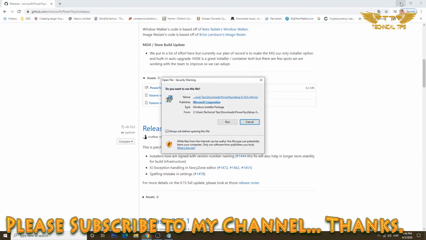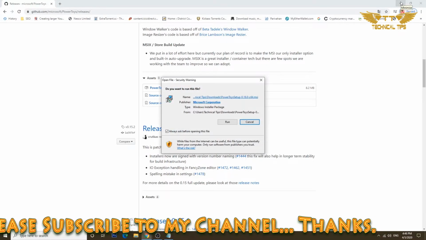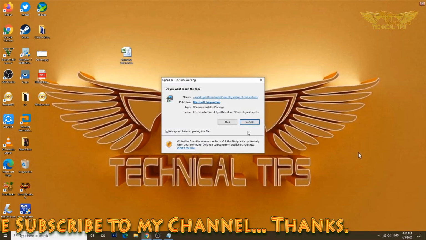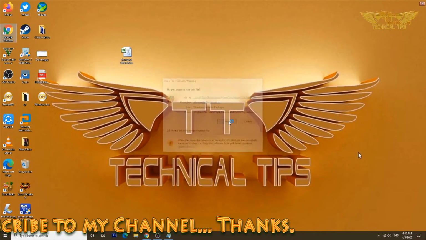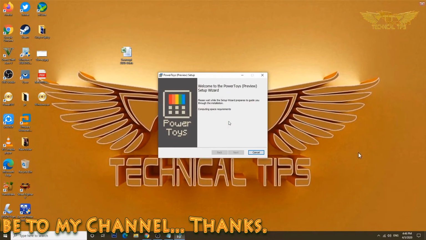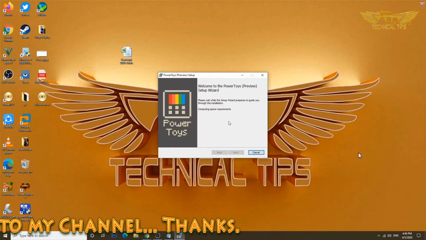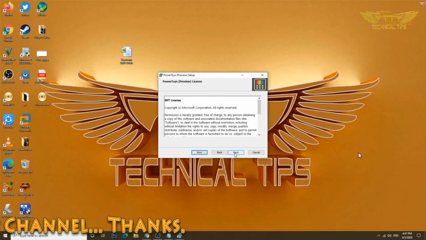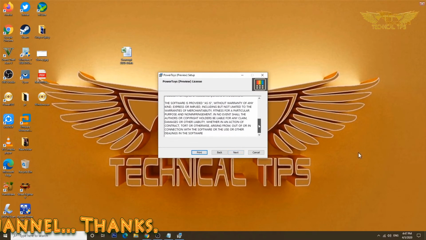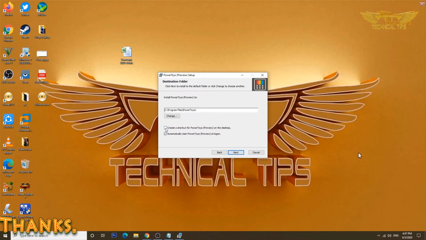I will minimize the window behind and then click on run. Click on next on the setup wizard to install. Please check the license and click on next. You can put a check in the box if you want to create a shortcut for PowerToys on the desktop, and then click next